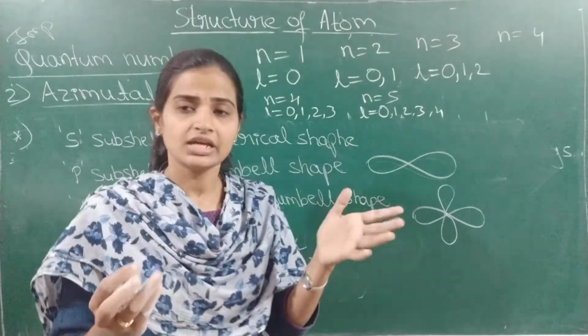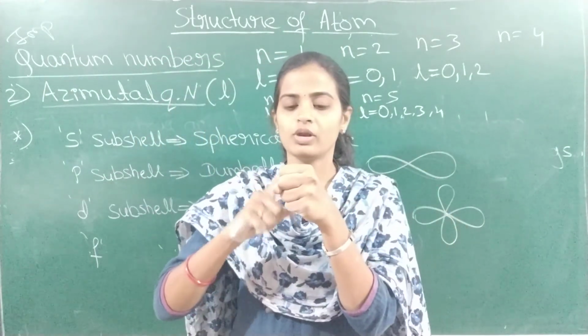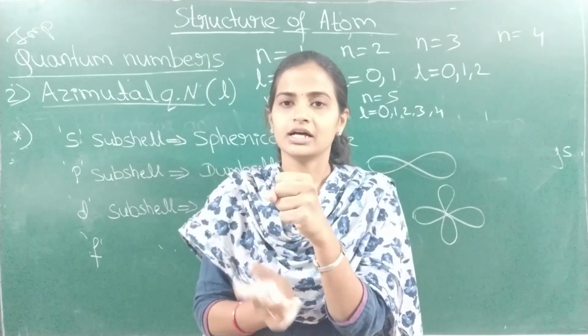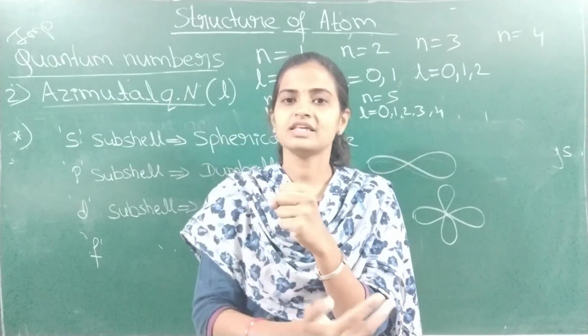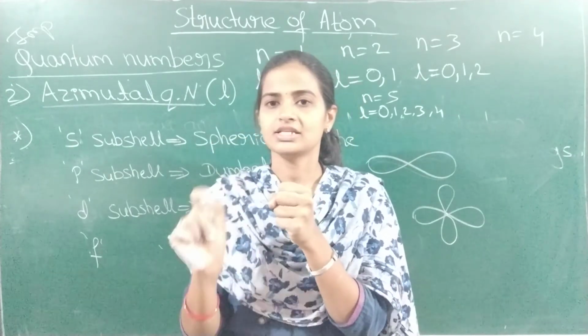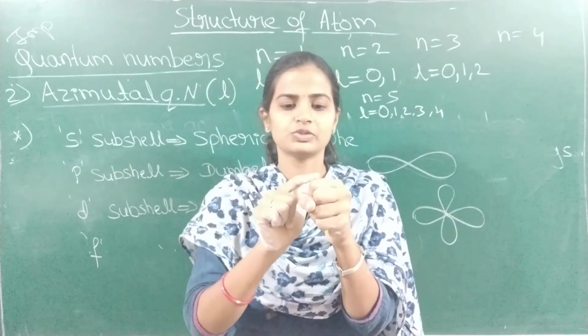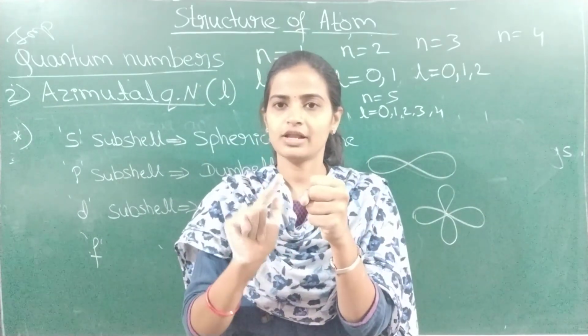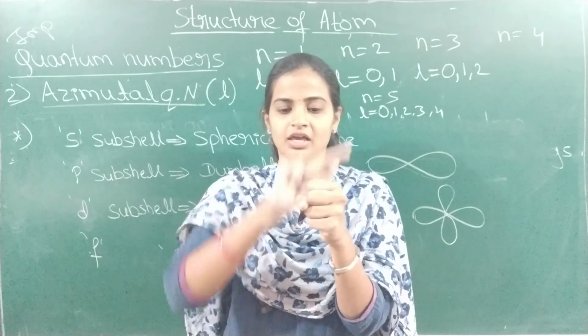Remember, shape means what? If this is the nucleus, and you consider the sphere-like space around the nucleus, it is called the s subshell. If you consider this much space and this much space, that is called the p subshell. This much